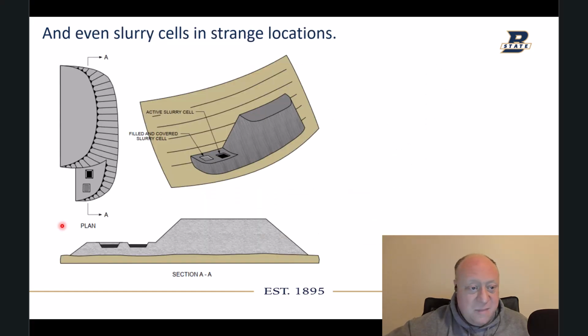And they even talk about slurry cells in strange locations. Remember, this is what a side hill fill that's being constructed in conjunction with slurry cells in it looks like. If you look at the cross section, there's some here. So once again, that's sort of like